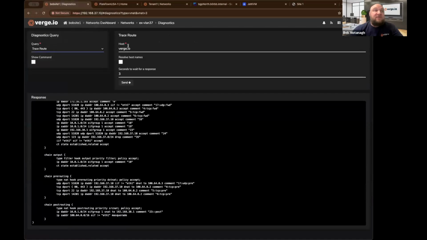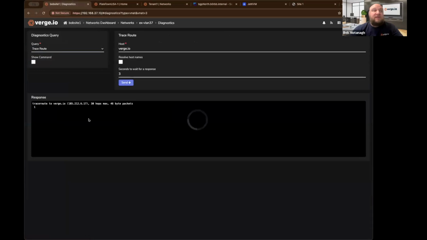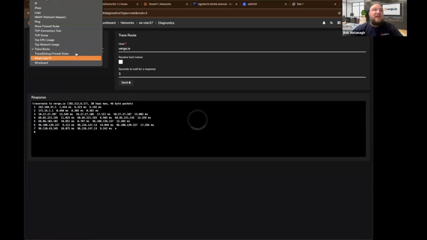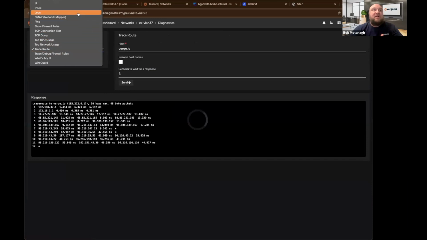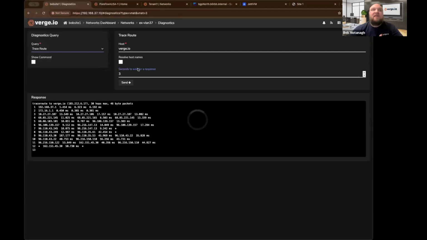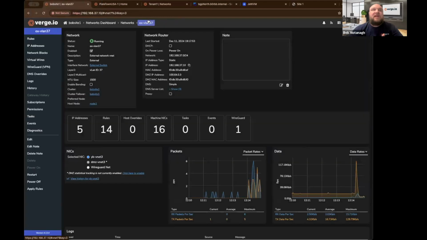I want to kick off a traceroute from this network to somewhere else. I can do so, and that's not going to be a problem. I can do things like pull my public IP address from this network. And then I can also see things like generic logs. I can do, again, my own scans, my own connection tests, pings, port scanning, all without having to eat up